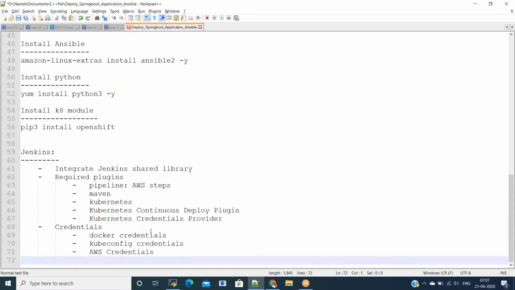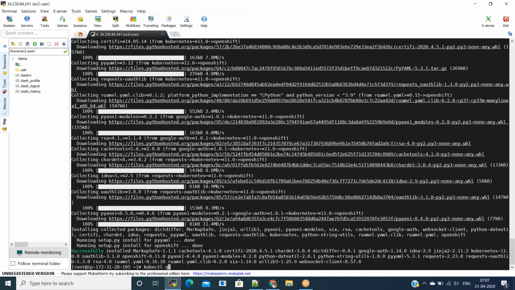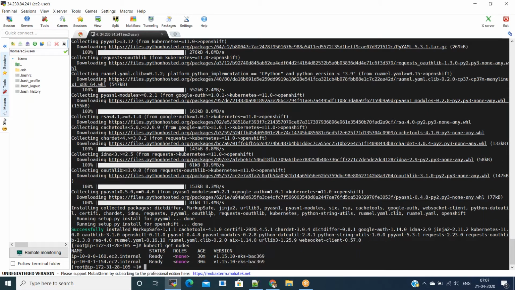And next, I already created an EKS cluster. For that also, you can refer to my other videos. In this, I will show the cluster which I already have with the kubectl command. You can go to the Amazon Linux machine and simply say kubectl get nodes. If you have created the cluster already, you can see the nodes. I created a 2-node cluster. With this setup in place, I'll start executing the steps one by one for the integration.